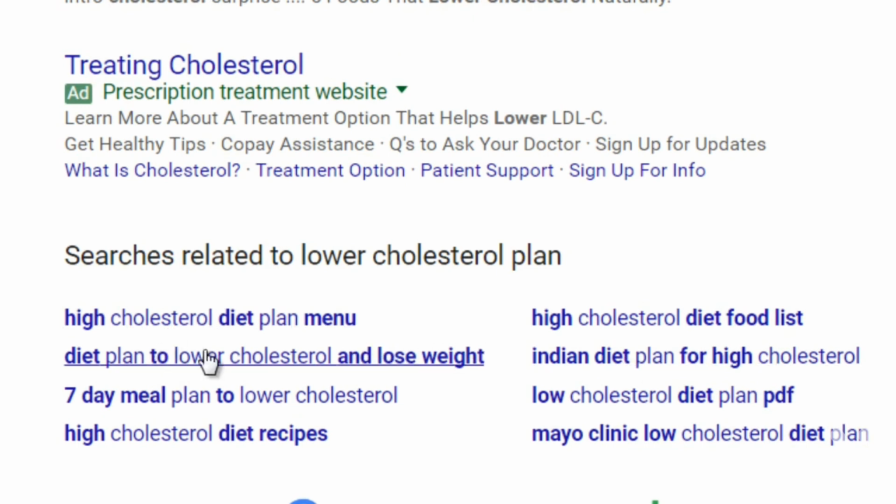So losing weight can be a factor. And we can see Indian diet plan. We can see Mayo Clinic diet plan. So many different diet plans. So what this allows us to see is the overall general idea, which is lower cholesterol. And within that, we can see that there's things like